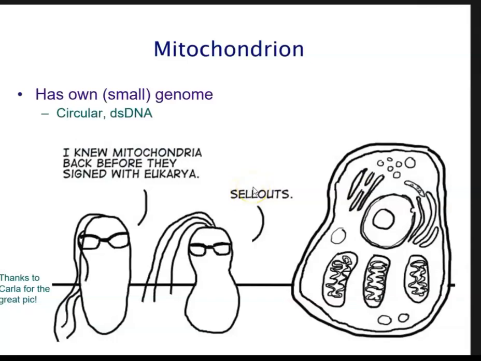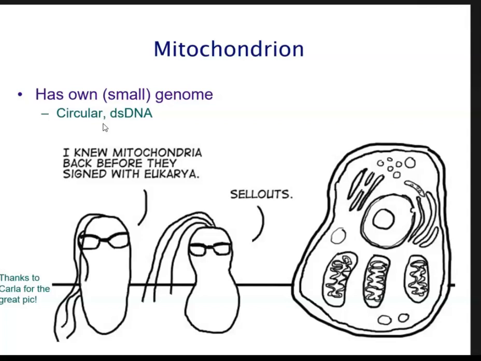So our genome consists of the DNA that's in our nucleus, which are linear chromosomes, and that's where the majority of our genome is located. But mitochondria have their own DNA. It's not linear, it's actually circular. And because the cell has so many mitochondria, and because each mitochondrion can have a lot of copies of this circular DNA, a lot of times